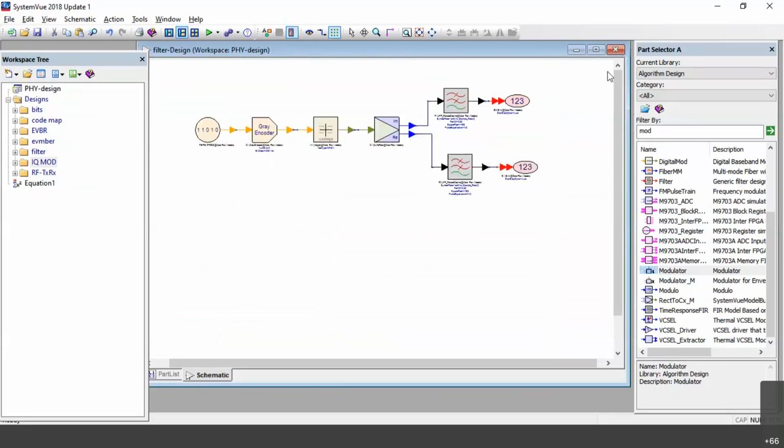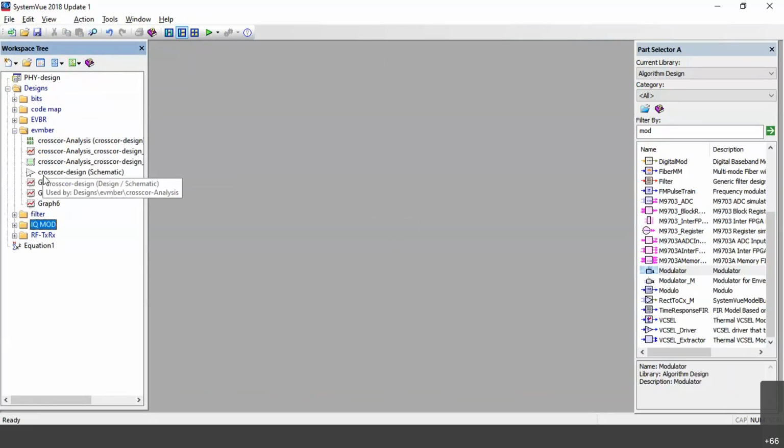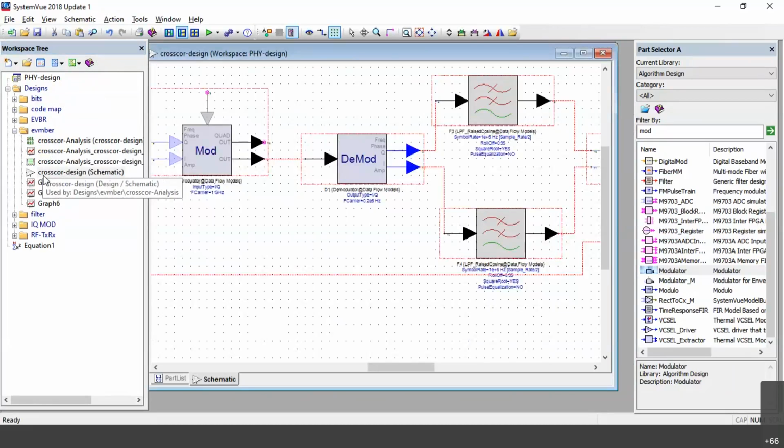So I'll close all these graph windows. I'll go again here. I already created the respective correlation. Okay. So cross correlation, it is not GDS, it is a bit lengthy.